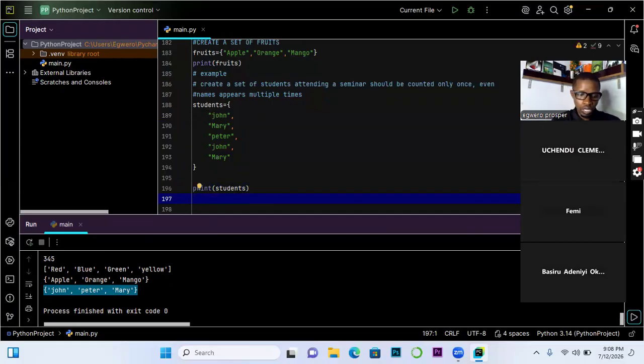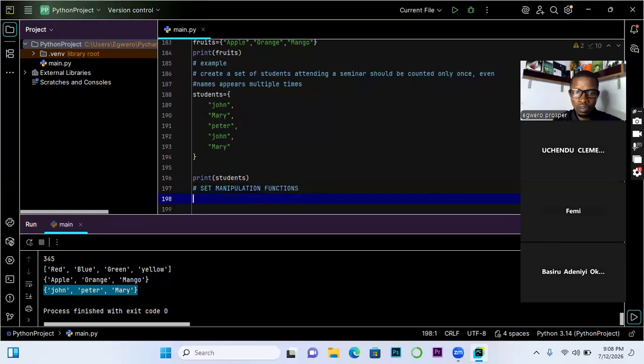All right. So that will take us to set manipulation functions. Let's look at that as well.